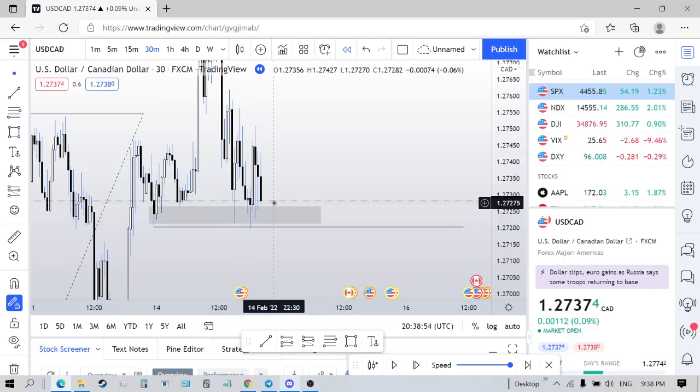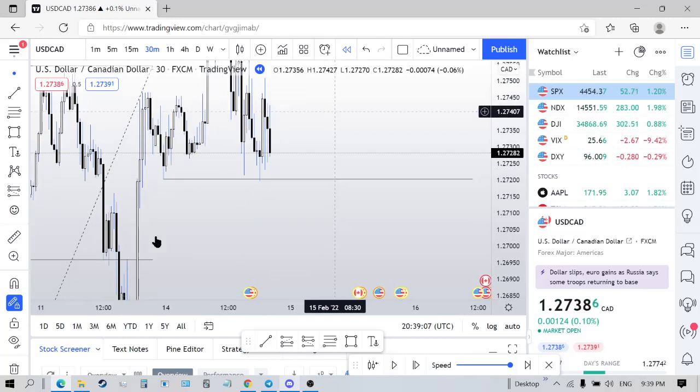I like to see deeper runs. I don't like to see this little baby wick and call that a stop hunt. That's a short-term liquidity hunt, right? I still wouldn't look at this as like a protected low. You know what I mean? So I'm looking for that to be ran. Inside of this wick here, there's a down candle.